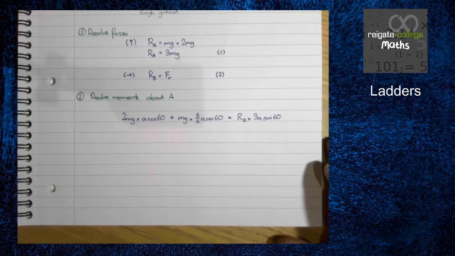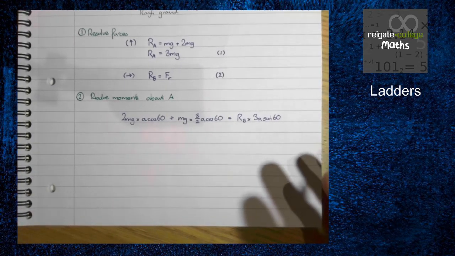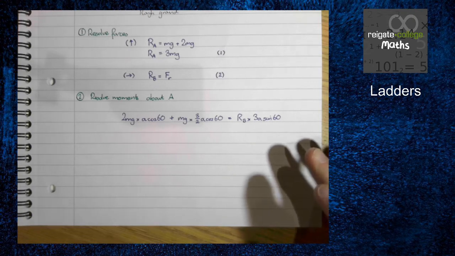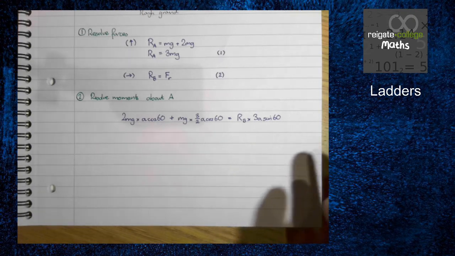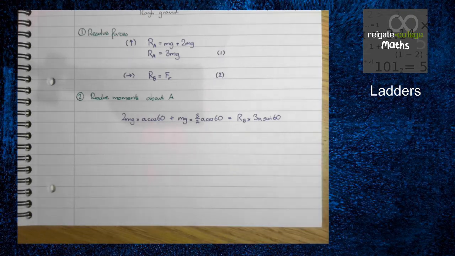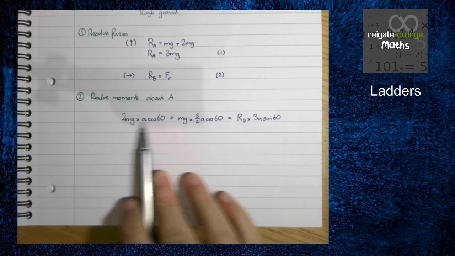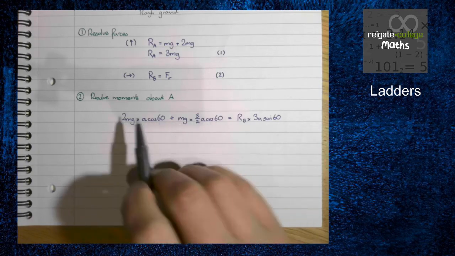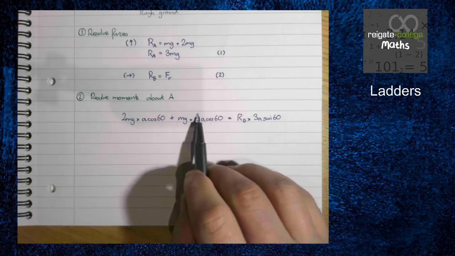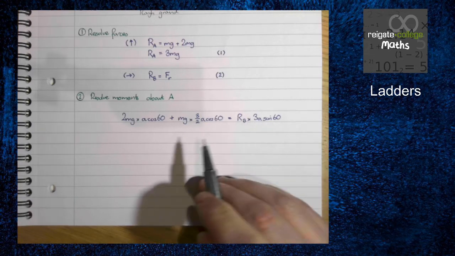We've now resolved moments, so let's do some simplifying. We can already start to cancel out some bits, and we can simplify this whole left-hand side. So we can cancel out all the A's, so let's do that to start off with,